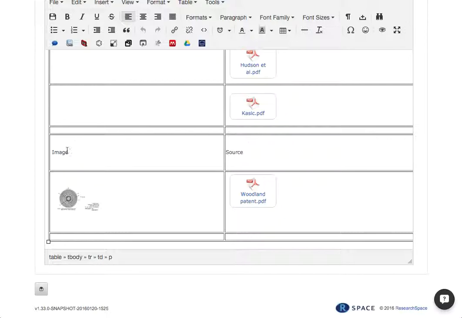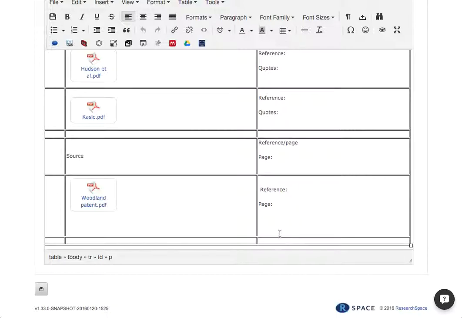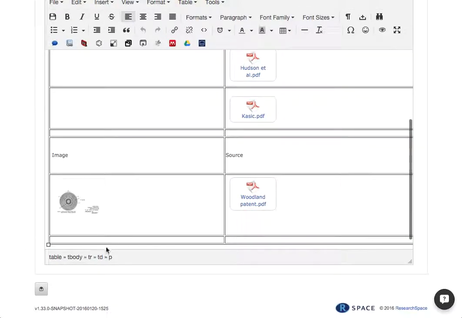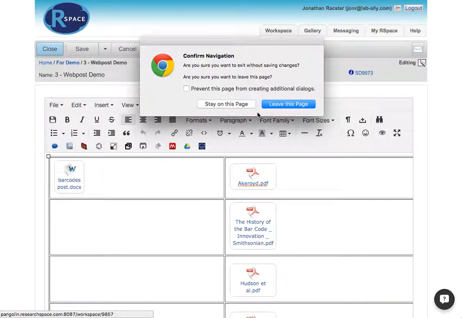I also at the bottom here have space for images that I pulled in, the source those images are from, and the referencing information. And you can keep adding cells or rows as necessary to let this document grow as your paper evolves. Just to demonstrate